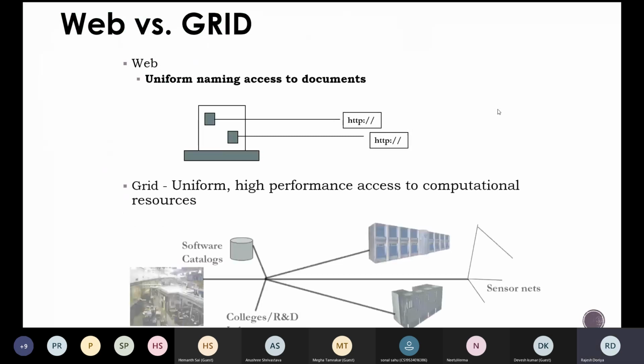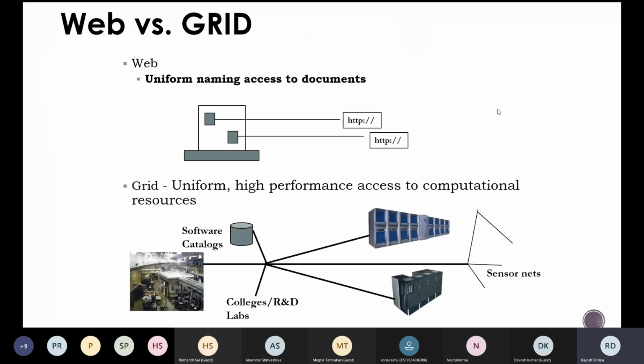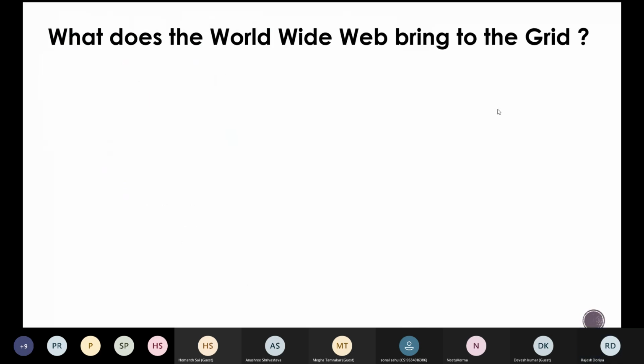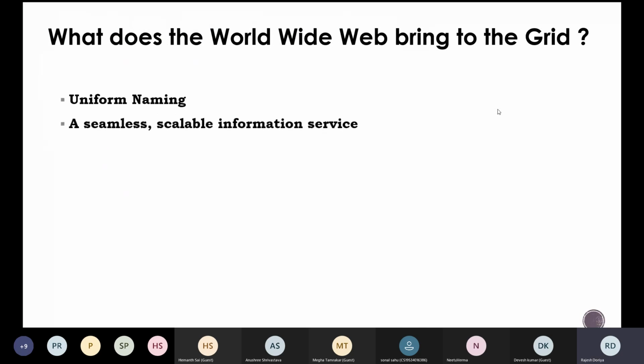There are many things which were already there in the World Wide Web. Many things have been derived from the web services. For example, how a thing can be uniquely accessed, that phenomenon or process or scheme, has been taken from the web services. Thereafter, we discussed what we have got from the World Wide Web.